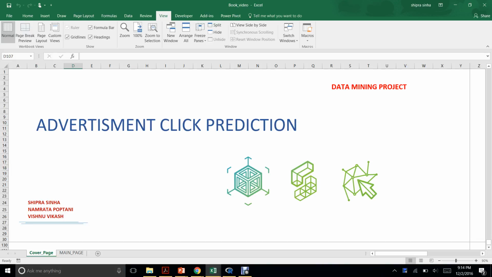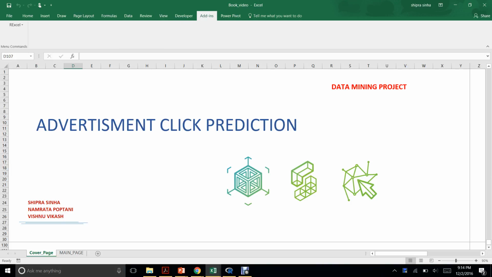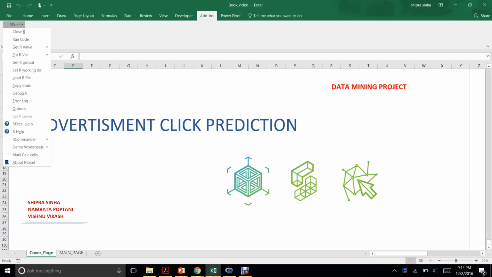To use RXL, you need to install the RXL add-in. After installing this software, go to the plugin and connect it to the server. This server, which is already connected in ours, is used to connect R to Excel and run in the background. This add-in in Microsoft Excel can be used to transfer data between R and Excel in both directions using array and data form, and put R variable can be used to get a data frame from R to Excel. You can go to the add-in RXL and use this function to generate a data frame.